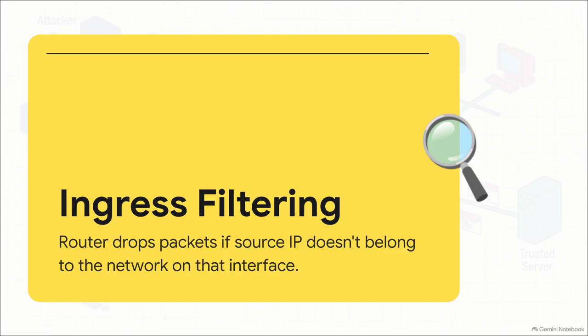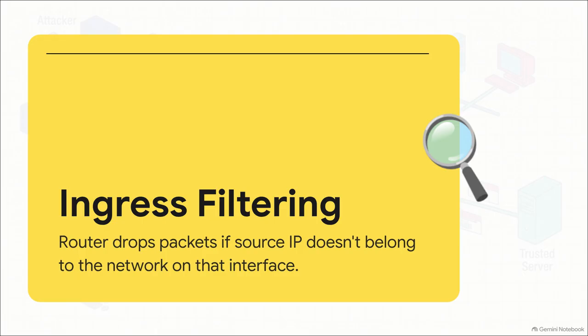For example, if an interface is connected to a customer subnet of 192.168.10.0 and a packet arrives on that interface claiming to be from 1.1.1.1, the router immediately knows it's a forgery. It simply drops the packet. No questions asked. Widespread adoption of ingress filtering by internet service providers is literally the single most effective way to kill reflection attacks